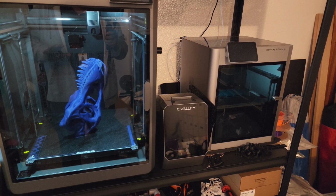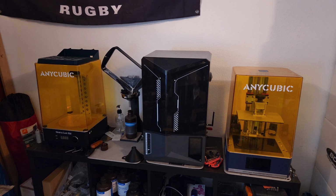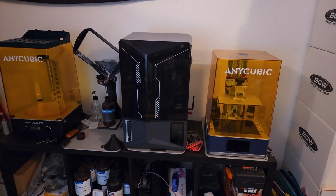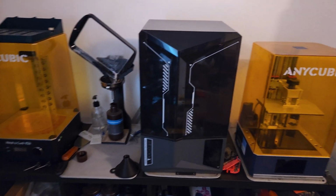I wanted to show you guys what I'm working on this week. Got a number of projects going on, FDM as well as resin. I just wanted to give you guys an idea of where I'm at right now. Really kind of reorganizing a few things and setting some stuff up, but I'm going to start with our resin